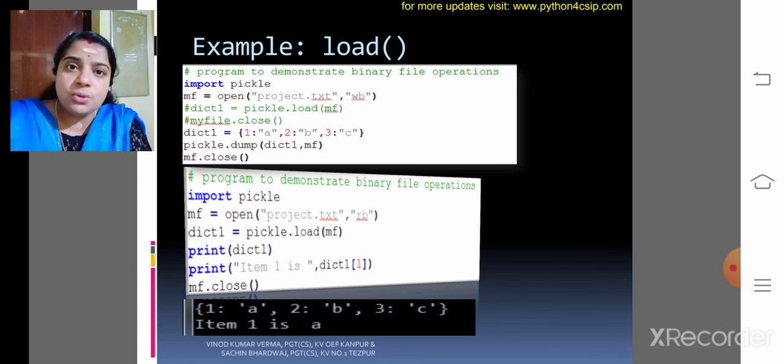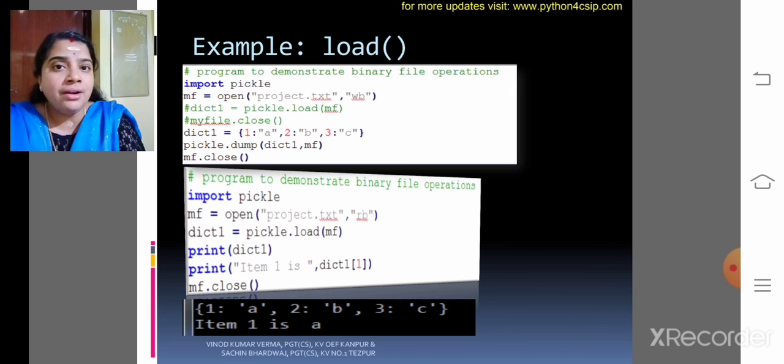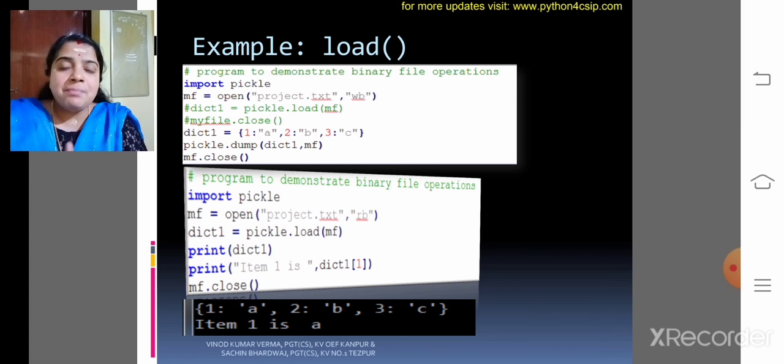Dumping is used to write, loading is used for reading. You need to remember only one statement: load into the program, that means reading, dump into the file. Thank you.